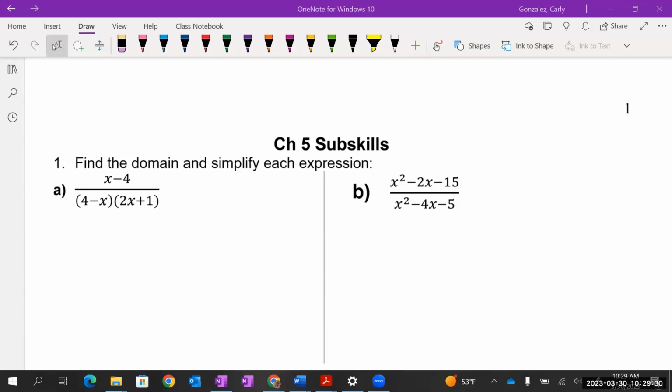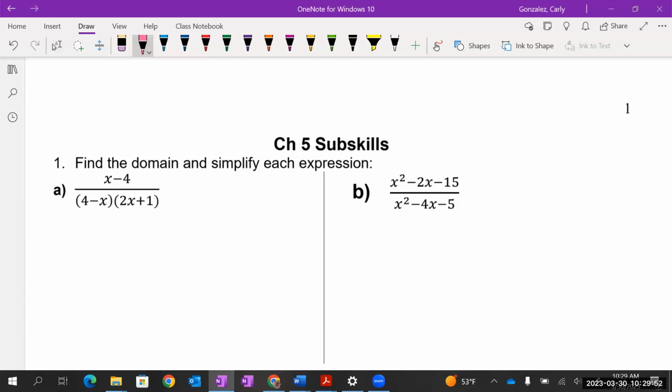So for the first example, we are going to find the domain and simplify each expression. For part A, we have x minus 4 in the numerator, and in the denominator, we have the quantity 4 minus x times the quantity 2x plus 1. So let's